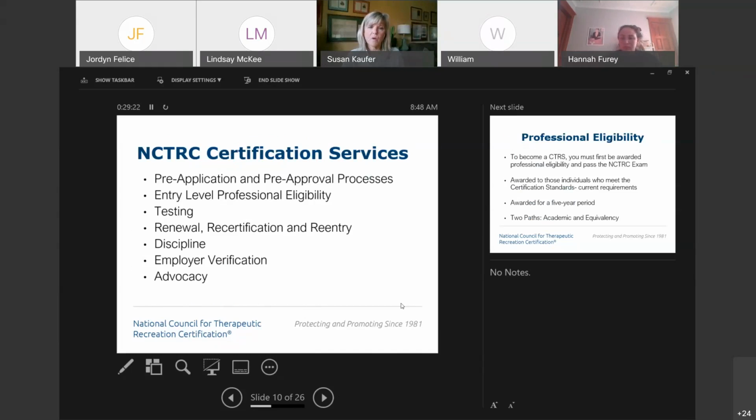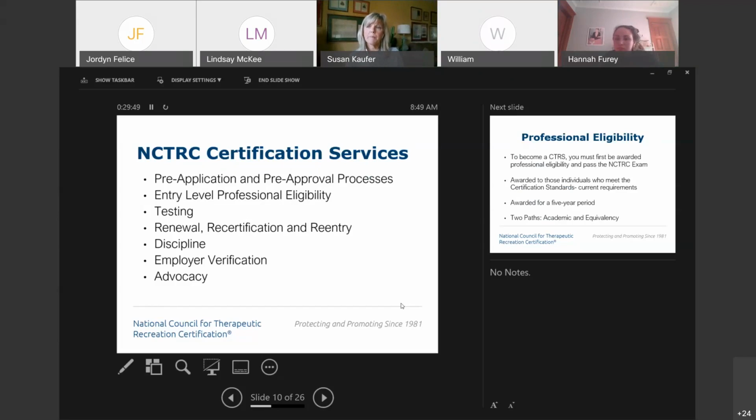Maybe they have completed courses that they're not quite sure whether or not the courses will count or qualify for the certification or the professional eligibility process. So this is a great process whereby you can rest a little better at night knowing that some of your courses that you might have completed prior to your program will count and qualify.